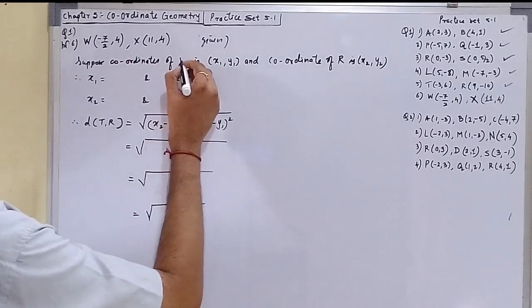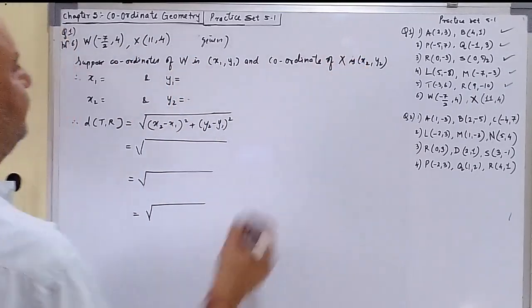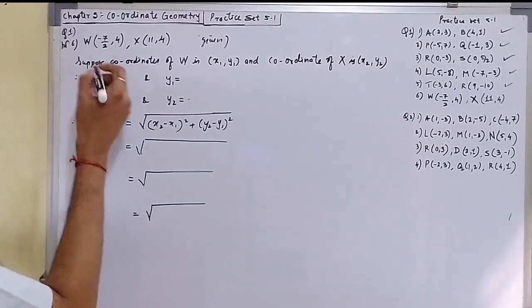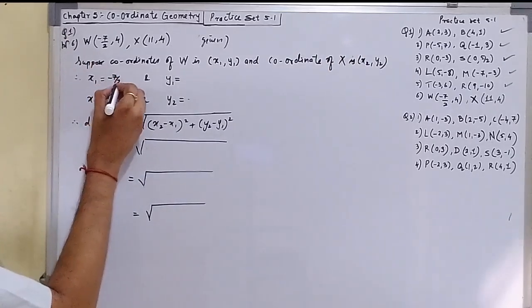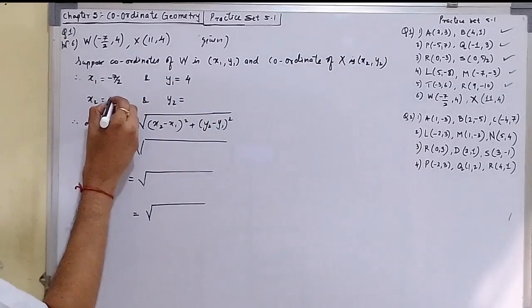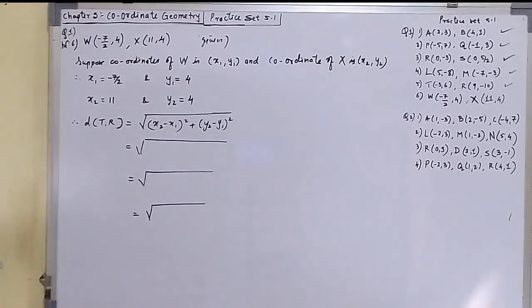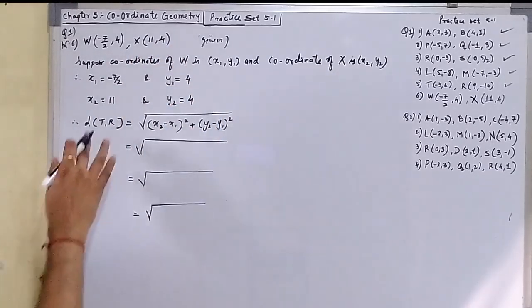Coordinate of W, coordinate of x. x1 is -7/2. y1 is 4. x2 is 11. y2 is again 4. Now here we are interested in